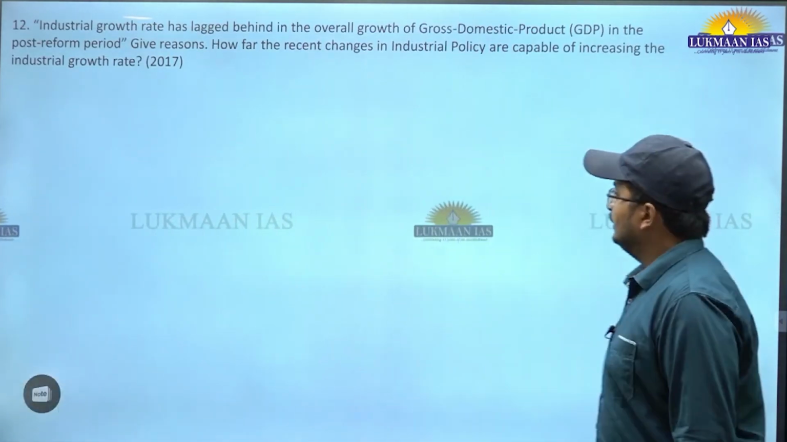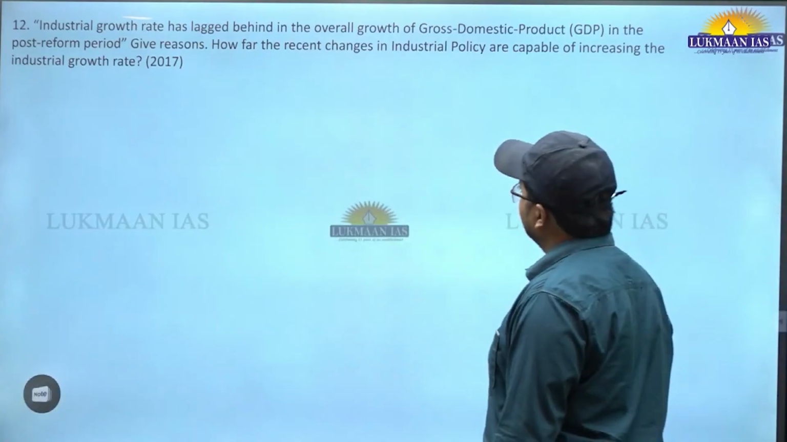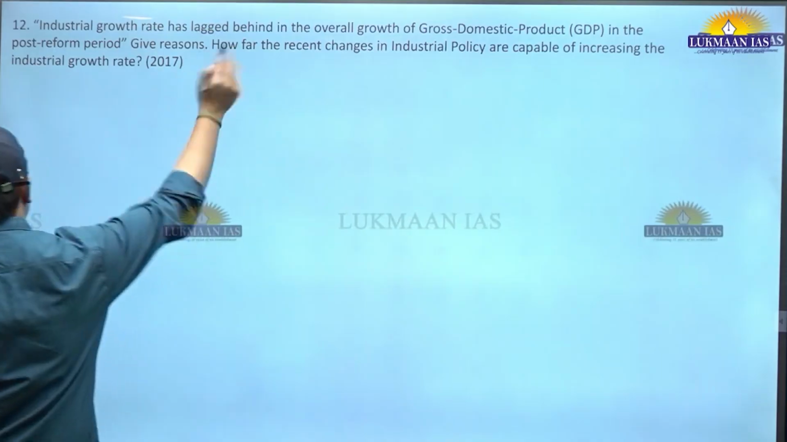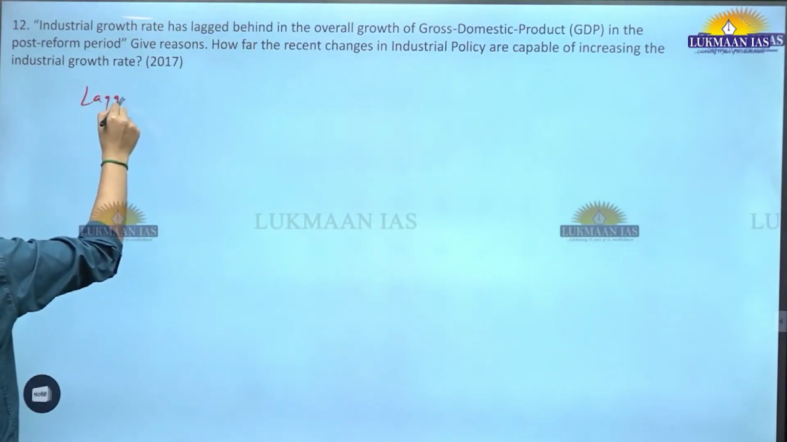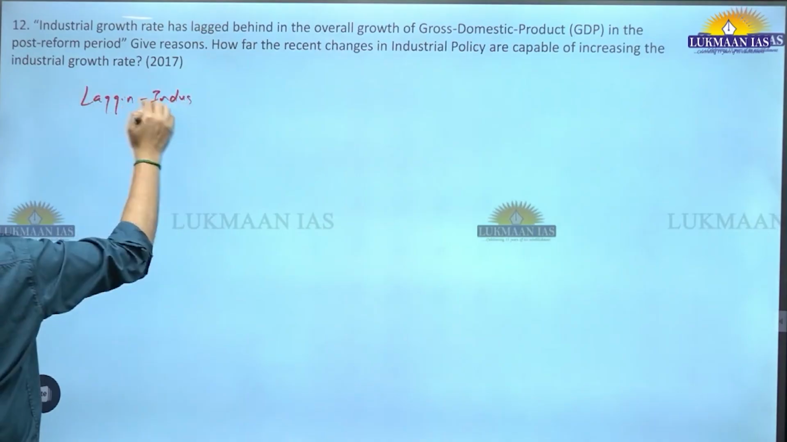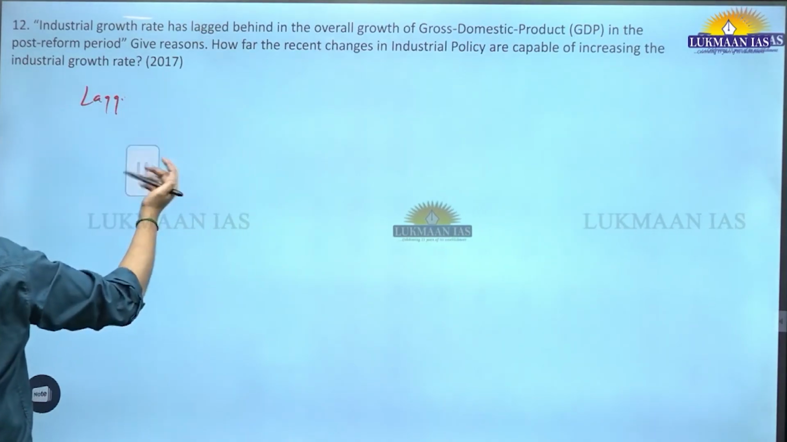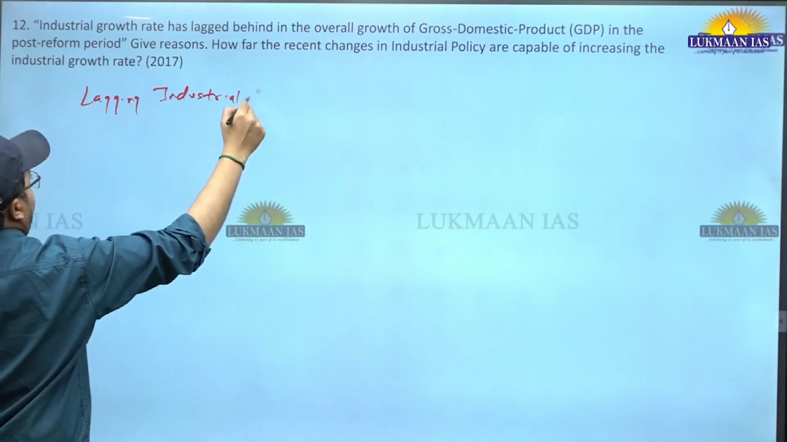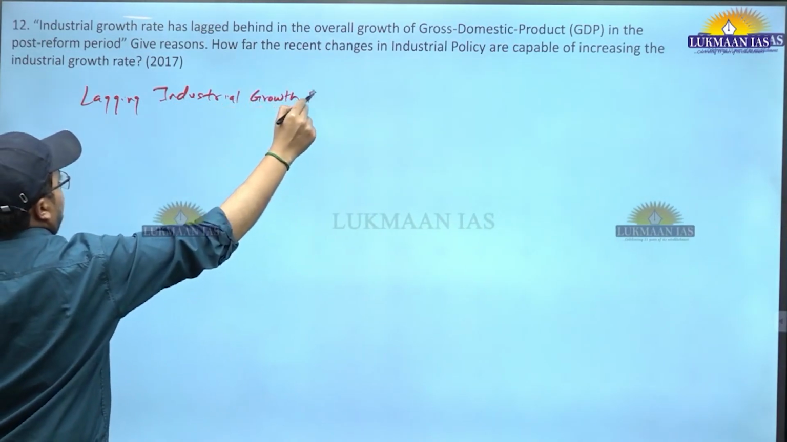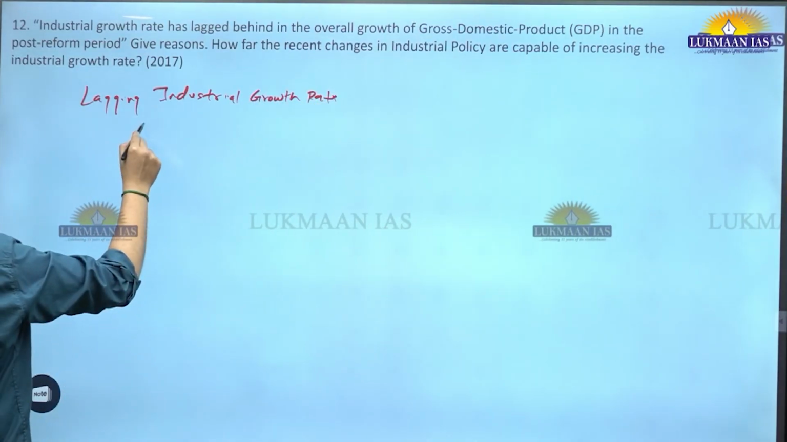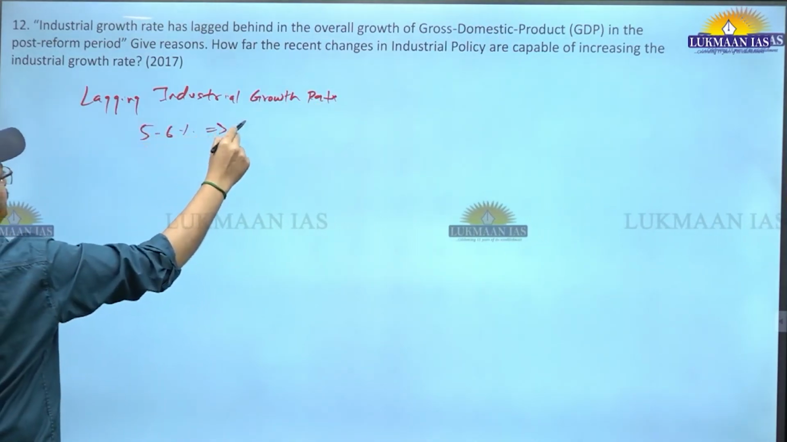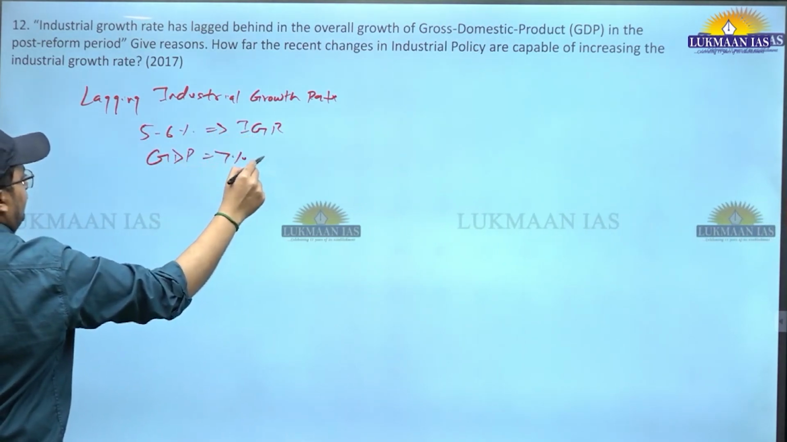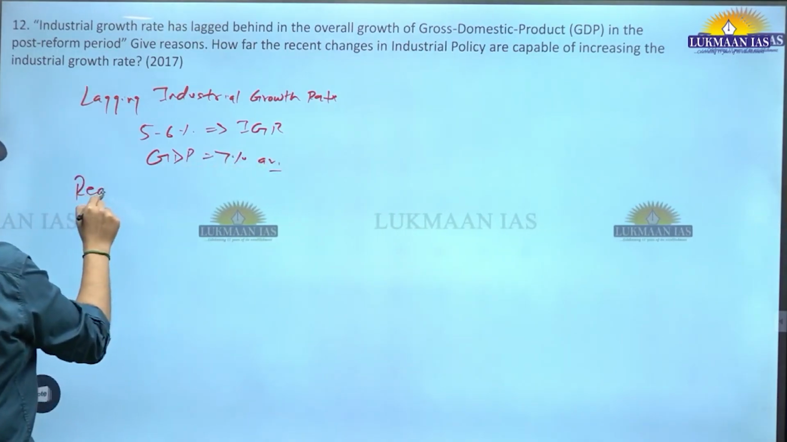Twelfth question is, industrial growth rate has lagged behind the overall growth rate of GDP in the post-reform period. So technically the industrial growth rate has been in the range of 5 to 6%, but the GDP has been growing at 7% on average. The reasons are